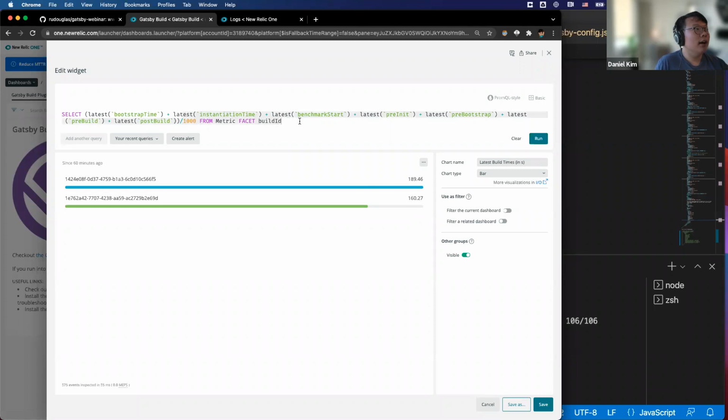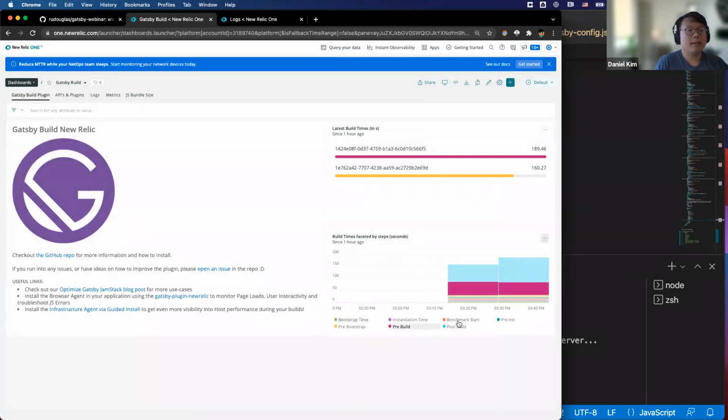So if you wanted to change this or add more data or facet it by different things, you can definitely do that by just editing this command. It's very extendable to fit your use case. This is just a starting off point that we drop folks into so they don't get lost. This is our way of saying this is what we built for our use case, but you should adapt it to whatever you want. And you can definitely edit the plugin to send whatever data you want in addition to what we're already sending, really easily, just to create more charts and visualizations to get you more insights into your Gatsby site.